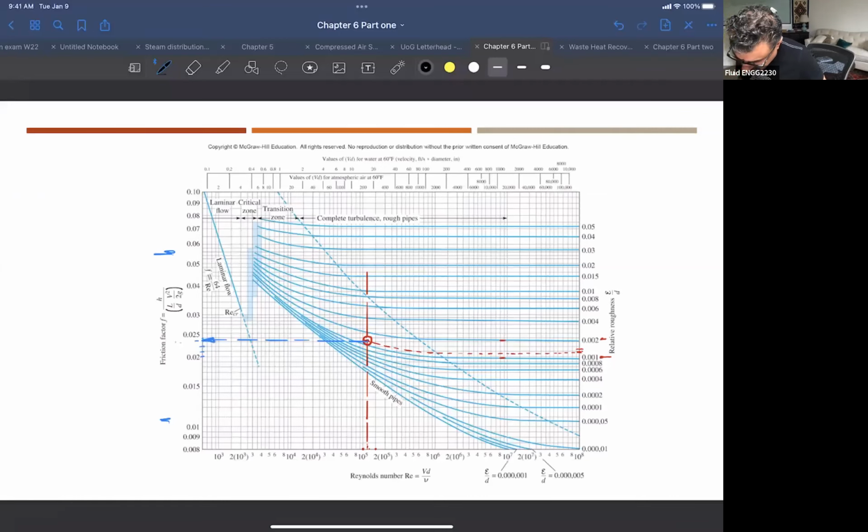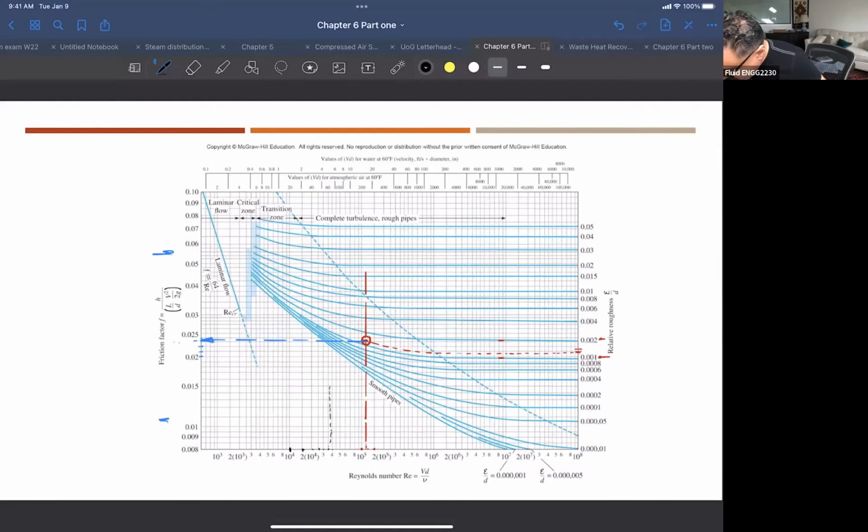This is 1 times 10 to the power 4. This is 2 times 10 to the power 4. This is 2, 3, 4, 5, 6, and this is 7. So there's something in between here, right? And then 0.00185. So it's 0.001 here, and this is something here, right? So again, there's going to be some approximation for the value that you are getting here, and then you can just find this one here. So you get from the Moody chart,